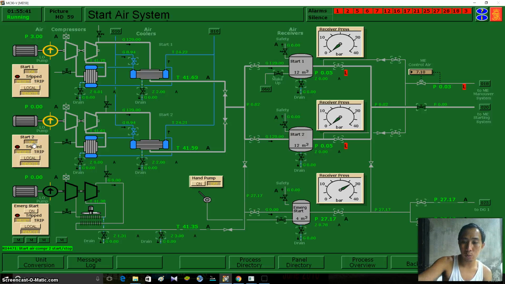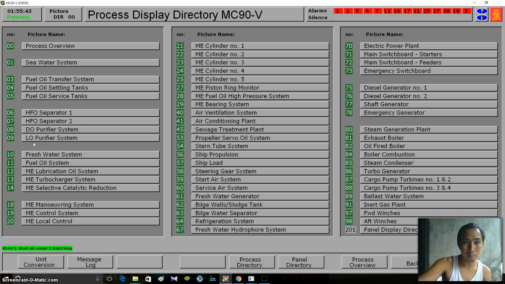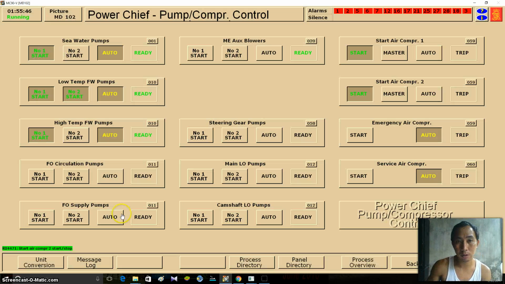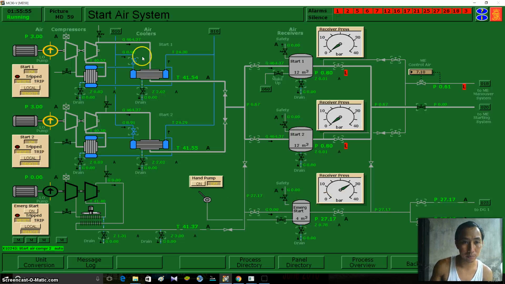And again, we're going to our pump controller, home, page down, pump controller, and we're going to put it into automatic. Okay, and we're going to check it. So the temperature is 41. This is humidity. You can check the amount of water. So if it is high, you can drain it by simply opening.